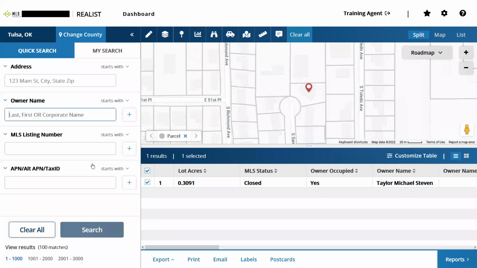Now there's a couple other options in here. We've got the MLS number. Now this is when you guys just have your MLS number already in hand. If you guys haven't caught on, the quick search function for the most part is really going to be when you have all of the information that you need already,